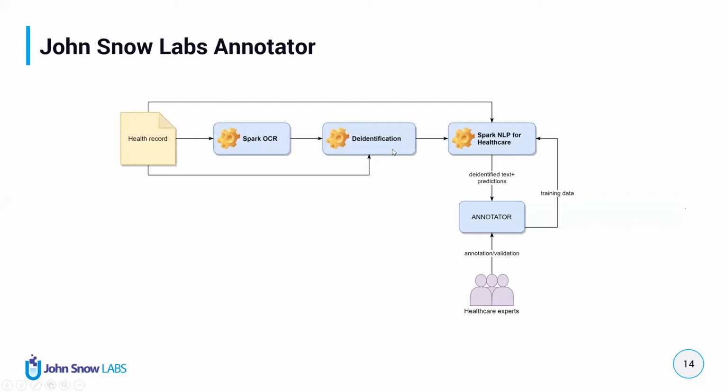If necessary, we can also use the de-identification package for removing the personal information which is contained by the document. Then we feed all the results to the Spark NLP for healthcare pipeline, which will run the pre-trained models if necessary, if those exist, and then it will load the documents together with the predictions